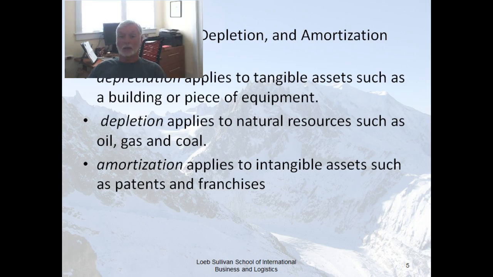So property, plant, and equipment are depreciated. Natural resources like oil, gas, and coal are depleted. It means the same thing, taking the cost of the asset and allocating it across the useful life of the asset. So we deplete natural resources, and then intangible assets, so things like patents and